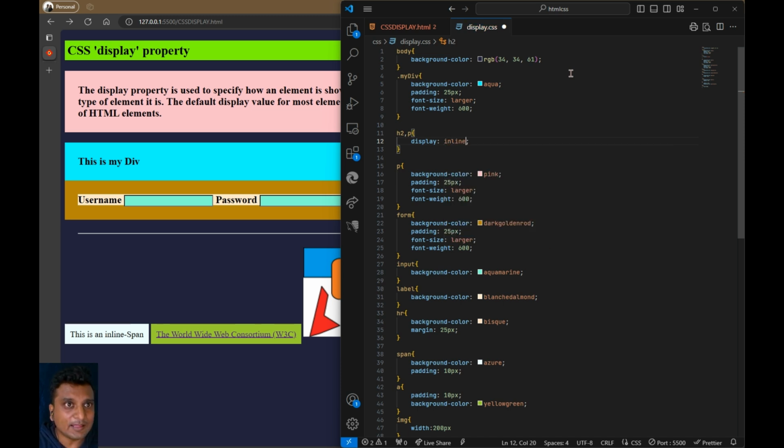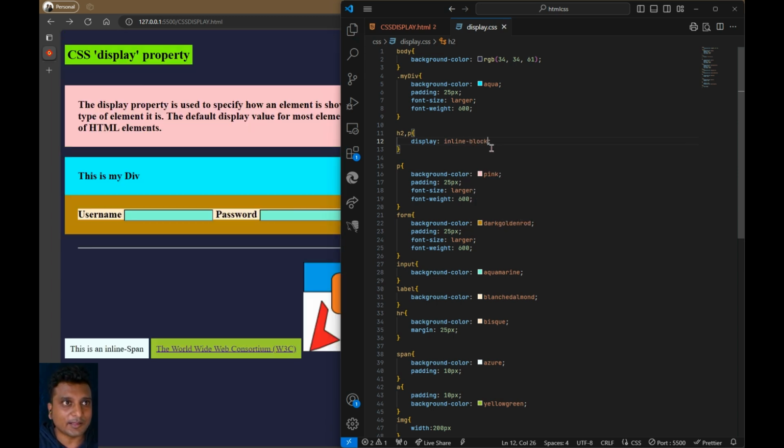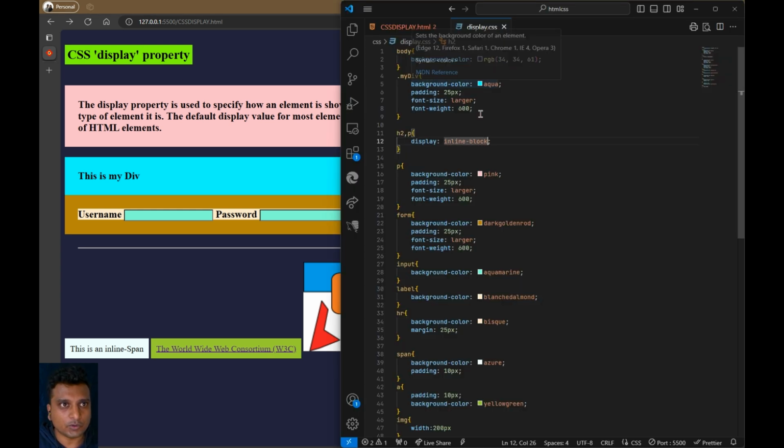If I set it to inline, it automatically starts overlapping each other because they are being treated as if they were characters of a word or alphabets which are to be typed into the document. Similarly, we can also use inline block. What inline block does is it only gives it the width that is available over here, and that consumes whatever width can be applied to here. Now, if I also try to apply some fixed width to my paragraph,